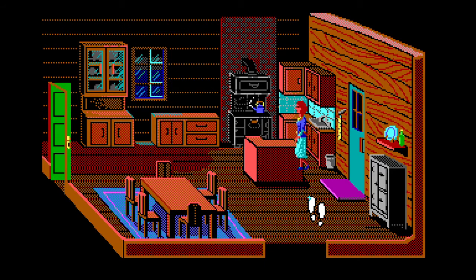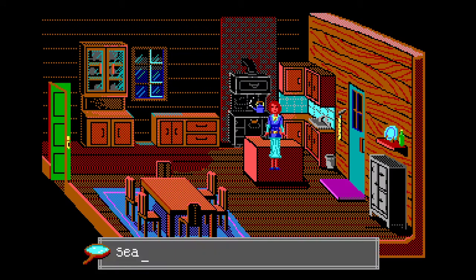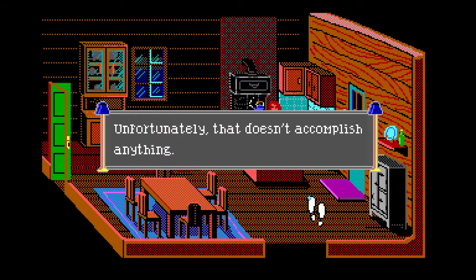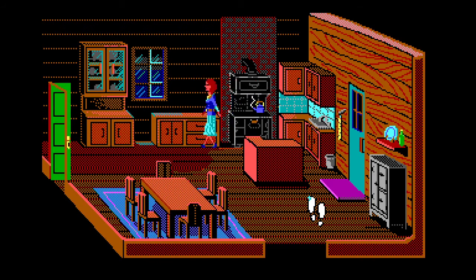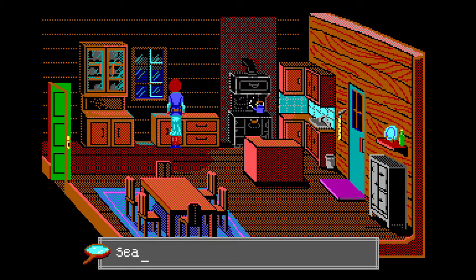So I seem to be clipping through this particular object here. So that looks like a bit of a bug. Search. Counter? Search. Cupboard.